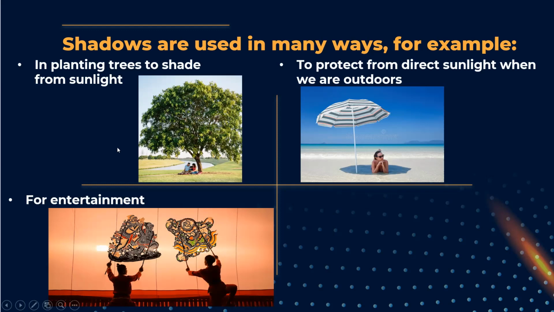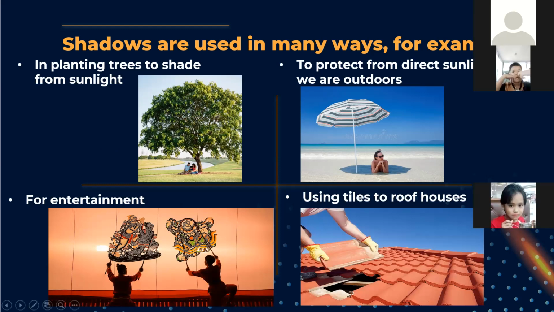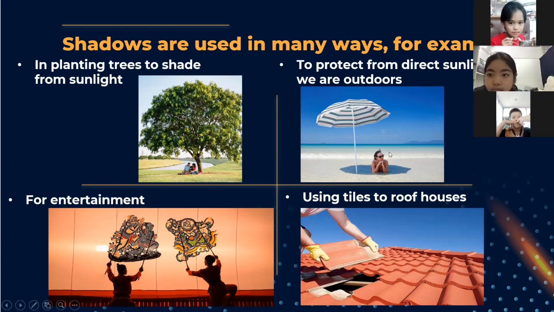And number 4, we also have Rain. Can you read it for me, Rain? Number 4. Using tiles to roof houses. Okay. Fourth use is using tiles to roof houses. Using opaque objects like tiles or zinc to roof houses. Okay, see? And not just that, we also have